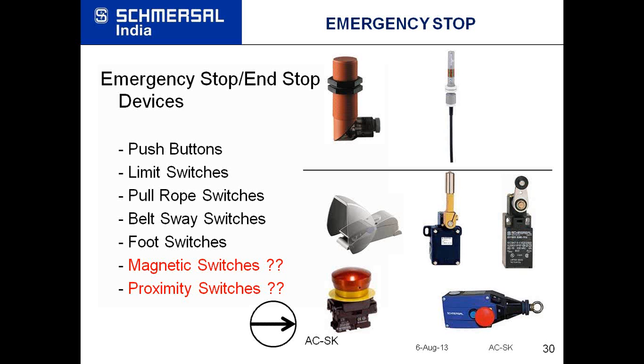All the safety devices, especially the electromechanical safety devices, including emergency stop devices, should have this mark, an arrow in a circle. If we have such a mark on an electromechanical device, it is suitable for safety applications. I will discuss why. But inductive proximity switches and reed switches are not suitable for safety applications. They are not proven components.